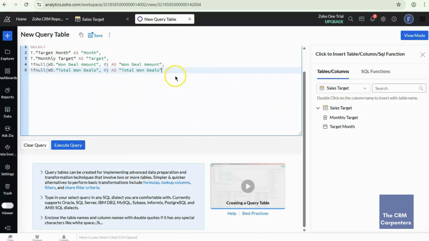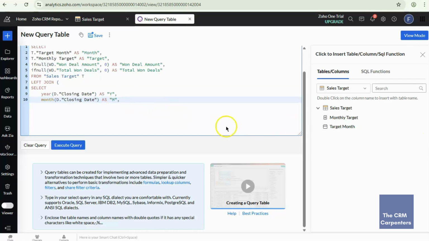And so we will add the from, or the main source, that the source will be this sales target. Okay, so this one. And next line is we're going to left join the subquery by aggregating the CRM deals. So let's add that line, left join, and add these lines.